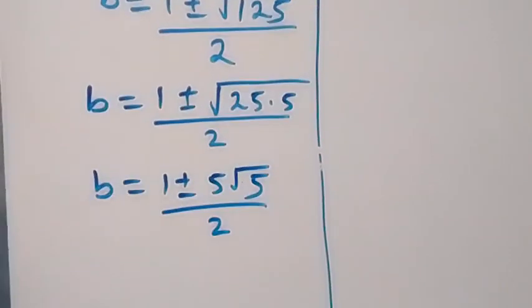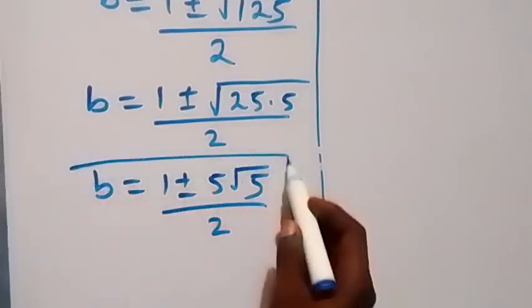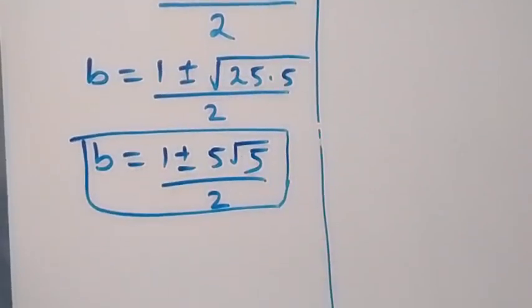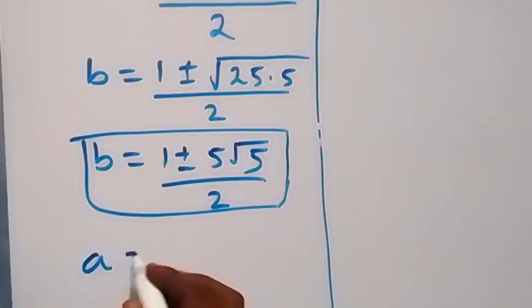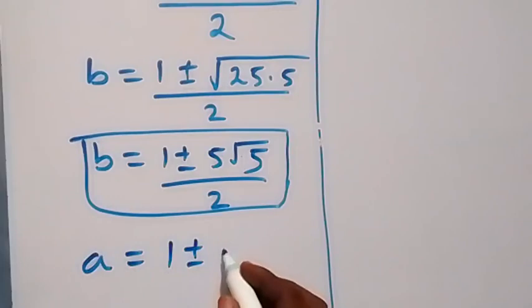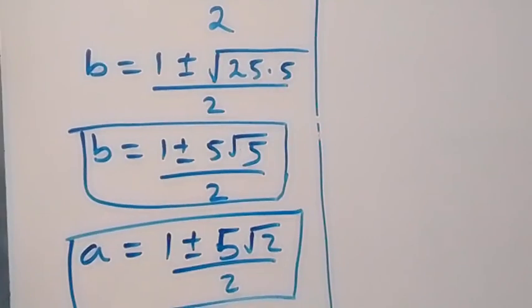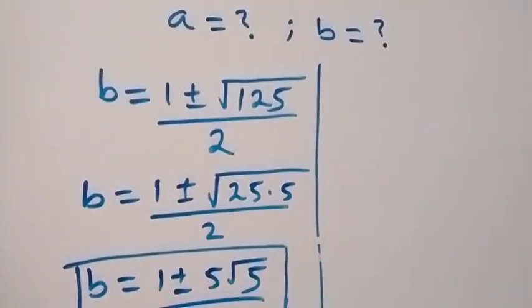So here we have the value of B, and since A equals B, then for this case A is also equal to 1 plus or minus 5 root 5 over 2. So we have the same thing for A comma B on this side. Then on the second case, whereby we have A equals